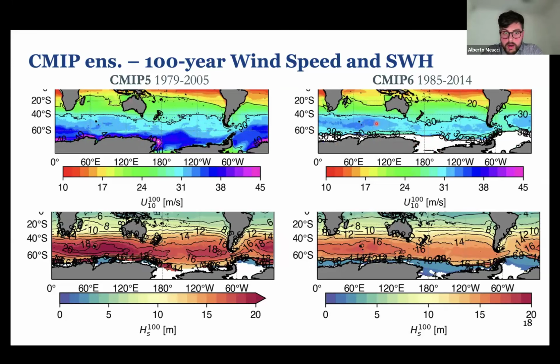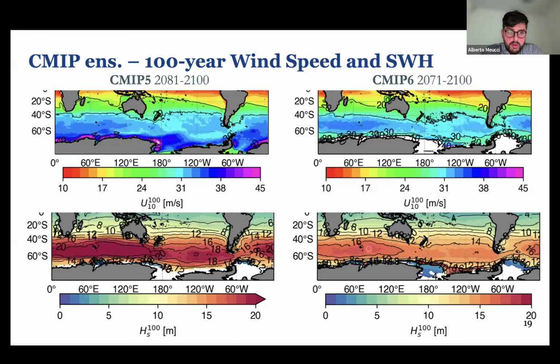For the historical one, there is just a little bit higher winds in the ensemble taken from the CMIP6, but the waves were much higher in the previous model, the previous iteration, than what it is now. And I believe this is probably due to, maybe I'm guessing, the capping of the drag coefficient. And if we move to the future, we have a change in the wind field for both of them,